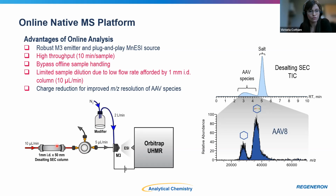There's no resolution for this particular desalting column for the different capsid components. So all of our capsid components are coming out at exactly the same time. The whole point of this front-end desalting column is so we can remove these non-mass spec compatible salts ahead of time. So we can start to integrate things like a divert valve that can divert this salt peak away, and